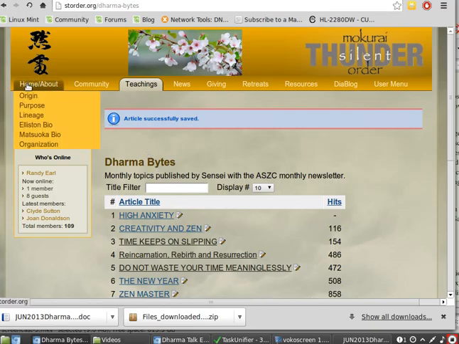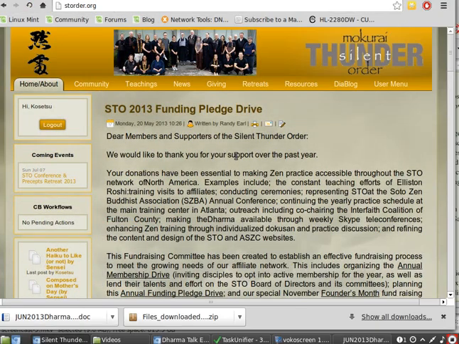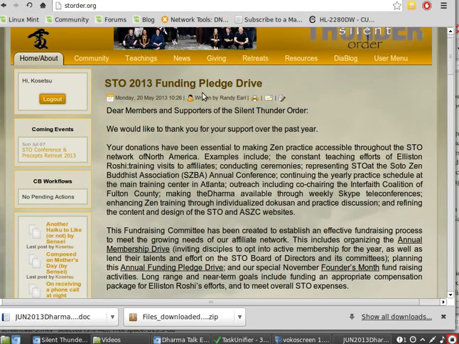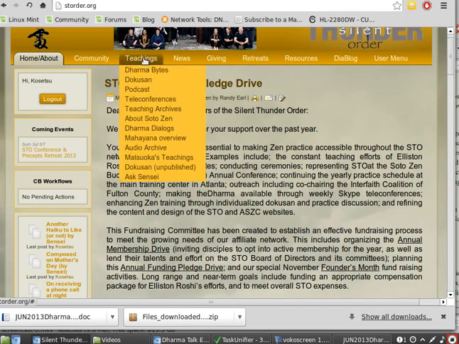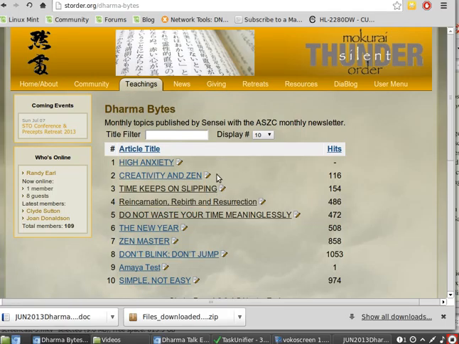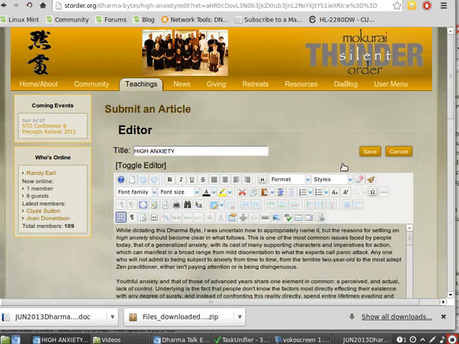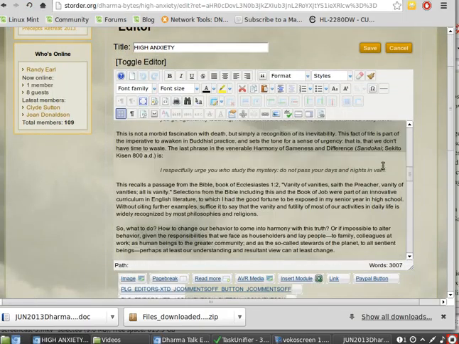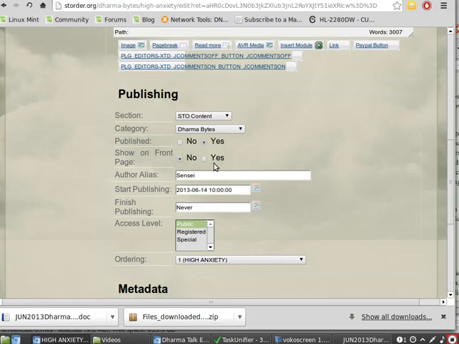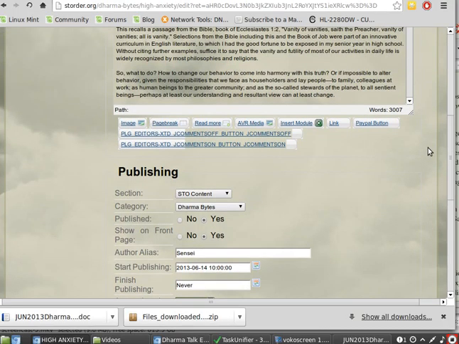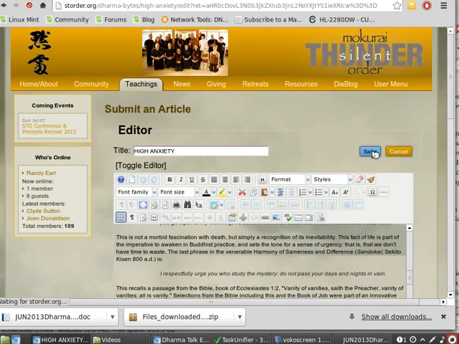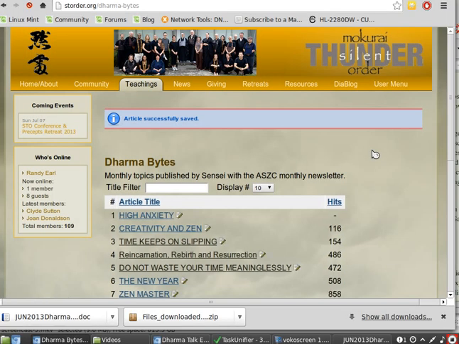Now if I go to the home page, it's not showing up on the home page. Okay, we still have the funding pledge drive. That was the previous front page announcement. So I'm going to go to the Dharma Bytes and now say I want to have this on the front page. All I have to do is go to show on front page, click yes, and save that. Now if I go to the front page,